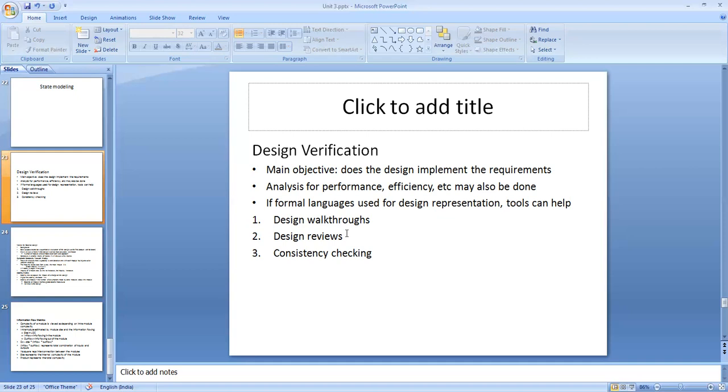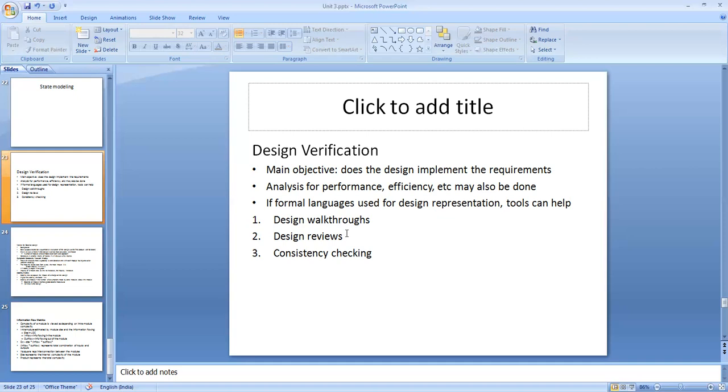Say a checklist might have the following items. Does each of the modules in the system design exist in the detailed design? Is there analysis to demonstrate that the performance requirements can be met? Are all the assumptions explicitly stated, and are they acceptable? Are exception conditions handled or not?